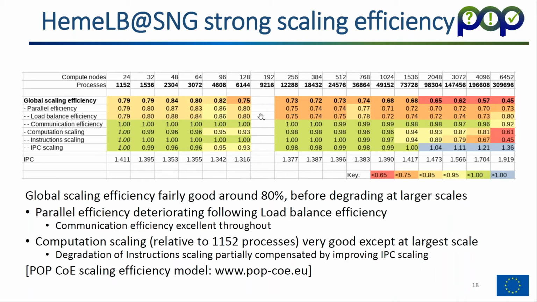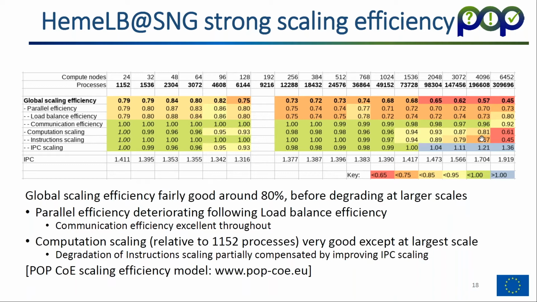And luckily, the load balance doesn't get so much worse as we go to larger scales. It's a bit up and down depending on how the load balancing works. But load balance is really the major factor that affects most of the scales here. Our reference of a single node for the computation there is great all the way up to 200 or 300 nodes, and then we start seeing that the instruction scaling is the factor that's coming into play in reducing our